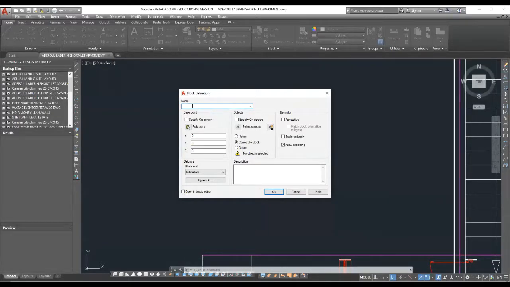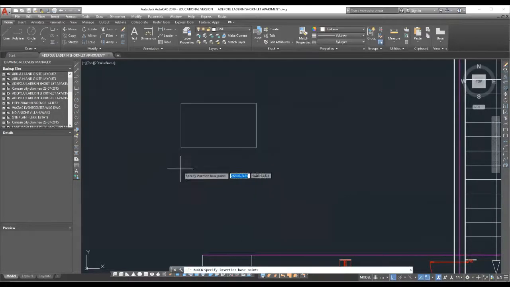So I'll just call this table CIT 222 table. I've given it a name. And now it's asking me to pick points. Pick points means each time you're bringing in this particular object you want to convert to a block, how will you be carrying it with your mouse? What part of the body of that object will you be carrying? So I will just click on pick points and say, okay, this thing I want,